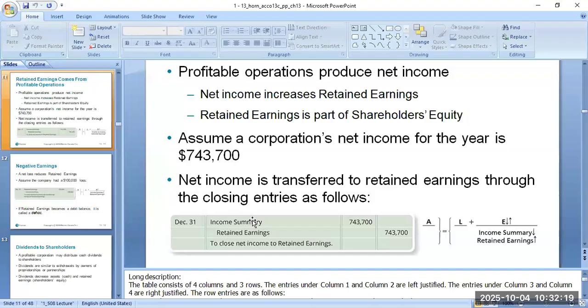Regardless of whether it is a credit balance, meaning the company generated income, or a debit balance, meaning the company generated a loss, in both cases we're going to close the income summary into retained earnings. Remember, retained earnings is part of equity. Means,